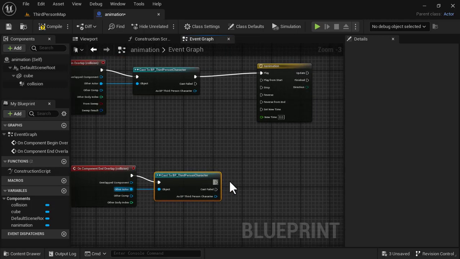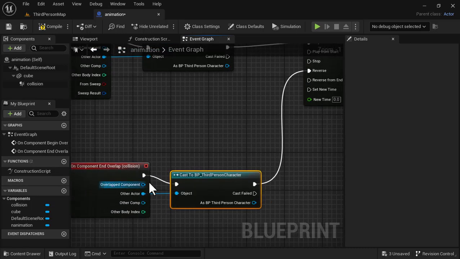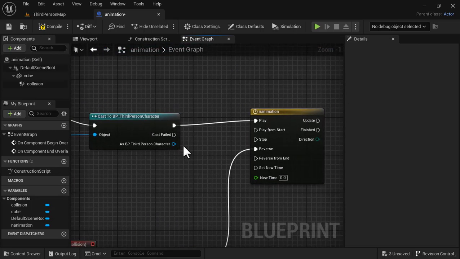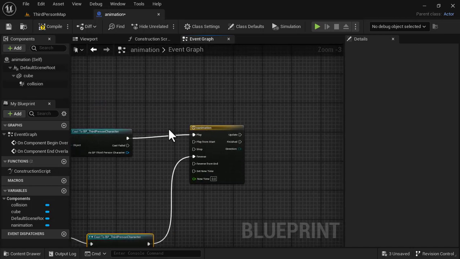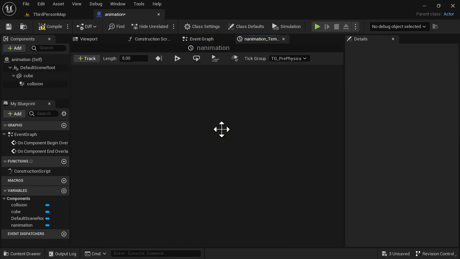And finally, we are going to hook it up to the reverse. So the on actor end overlap is going to be hooked to the reverse, while the on actor begin overlap is going to be hooked on the play. So the next thing we are going to do now is to double click our animation, which is the timeline,